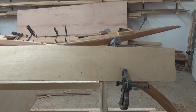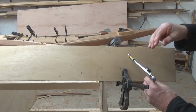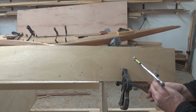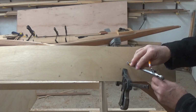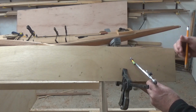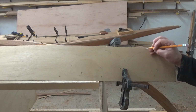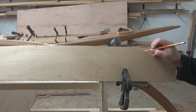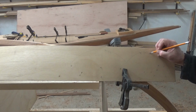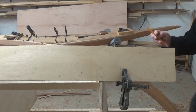The stern end here, I can't actually transfer the center from the back there. I can mark, and we'll go right to the very end here, to where the shear line should be. So we're going to call this Plank 1 stem shear. Now what I'm going to do is just draw on the back here